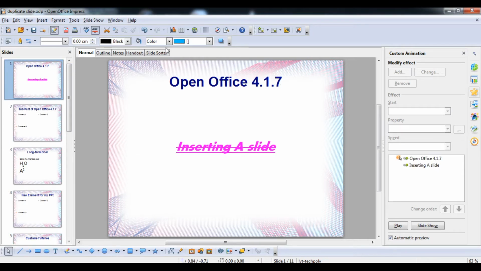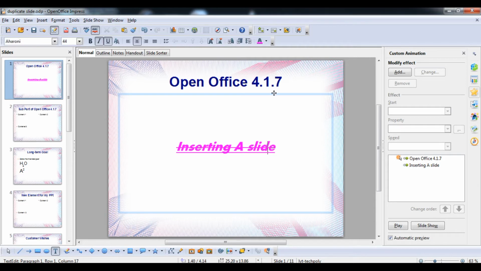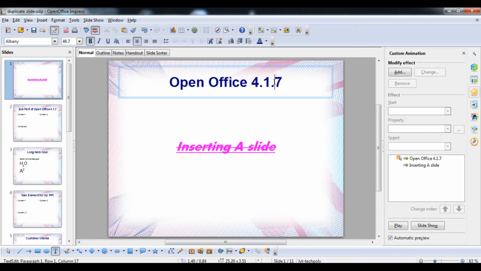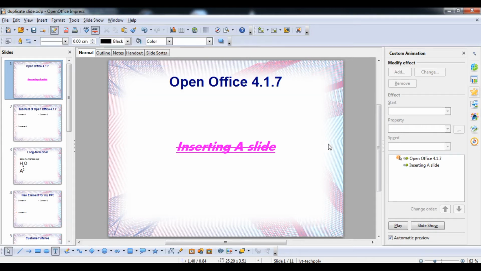Select the particular slide, and then you can see the Effect option here. Select the slide, and then select the object, and the Add option will automatically be enabled in front of you. You can see Slide Transition, and this is Custom Animation. We are talking about the slide.